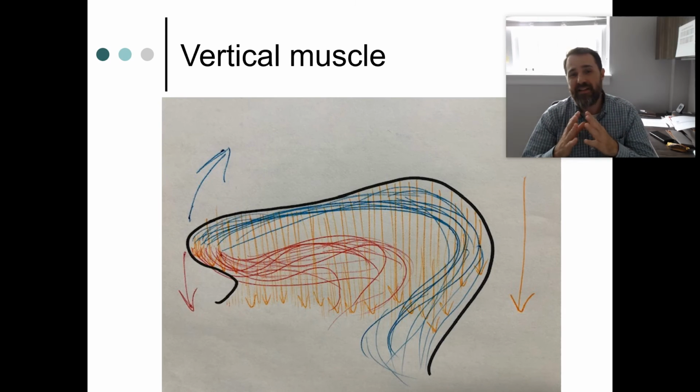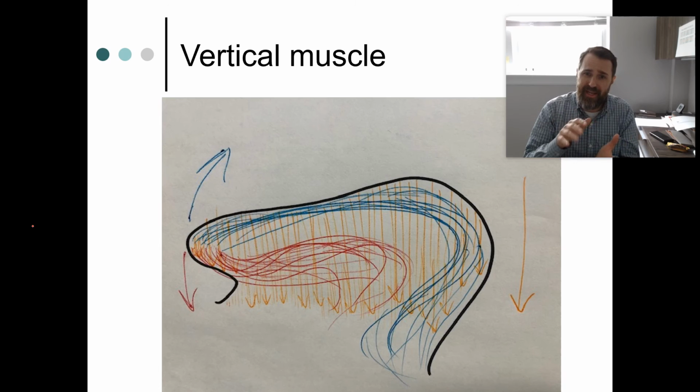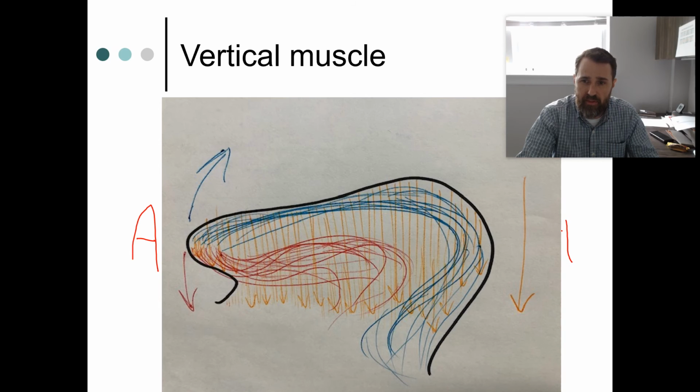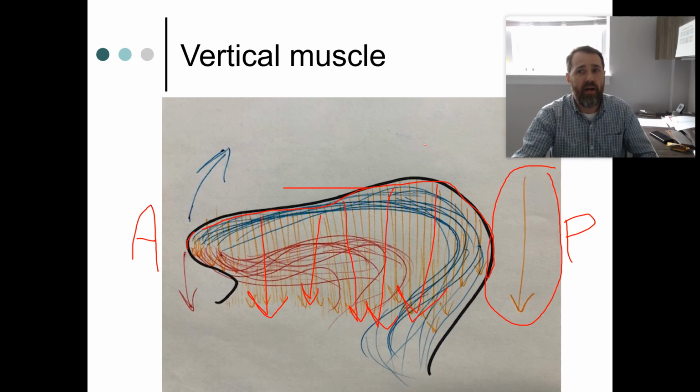The next muscle we're going to talk about is the vertical muscle. Exactly as it sounds, it runs vertically within the tongue, whereas the superior and inferior longitudinal muscles ran front to back. The vertical muscle runs vertically throughout it. So here's anterior, posterior, don't forget that. So if this muscle originates up at the top in the soft tissue of the membranous cover of the top of the tongue, and it runs inferiorly, in a vertical fashion like this, then it makes perfect sense that when these fibers contract, you are going to work to depress the body of the tongue